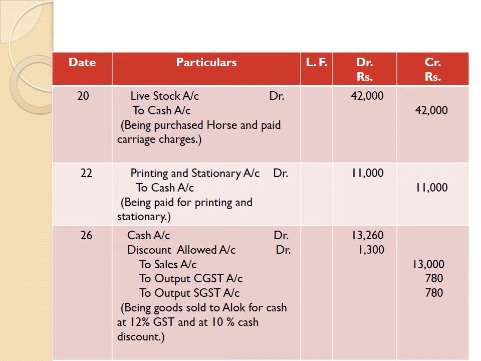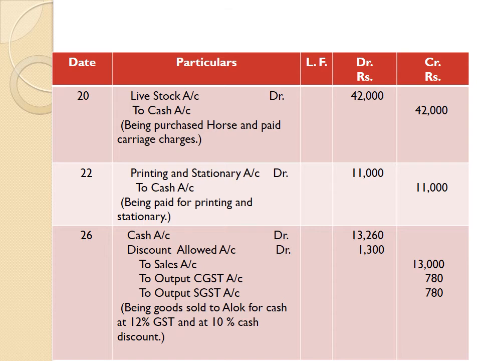On 20th April 2021, a horse of rupees 40,000 was purchased and rupees 2,000 paid for carriage. So 40,000, that is the value of the horse purchased, plus carriage 2,000. So horse purchased of rupees 40,000 and carriage paid for it rupees 2,000. The total of both items came to rupees 42,000.